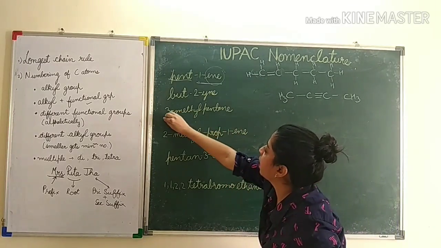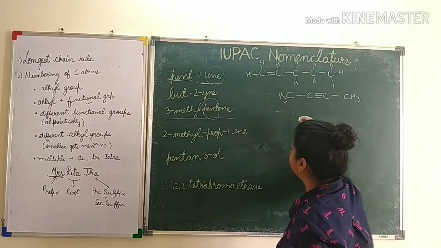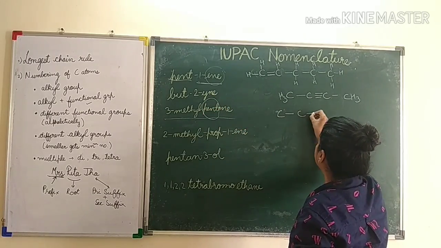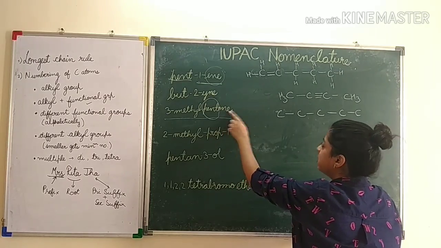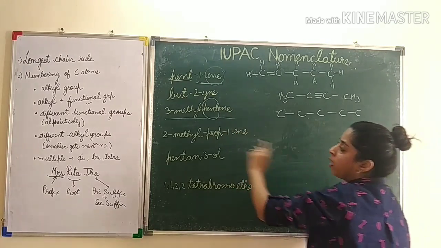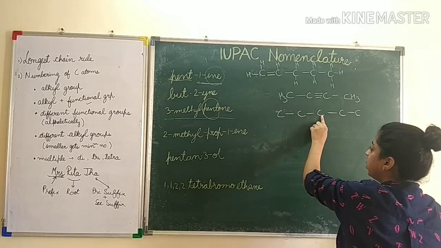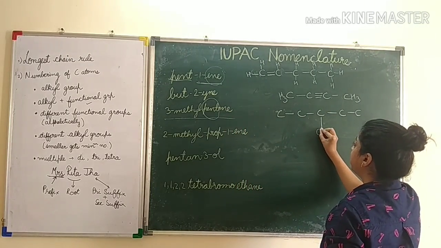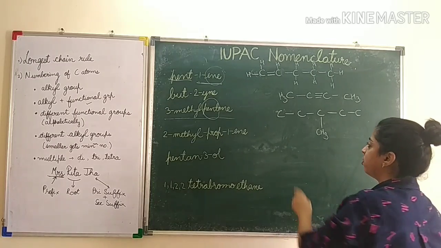Next is 3-methylpentane. तो आपको सबसे पहले रूट निकालना है पेंट. So write 1, 2, 3, 4, 5, pent. "ane", so there will be single bonds, pentane. Now at 3 position a methyl group. So 1, 2, 3. At 3 position you put a methyl group. Okay. Then you satisfy the valency of carbon.